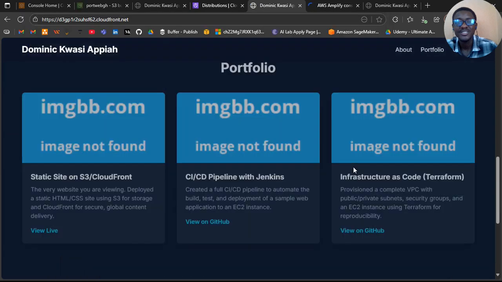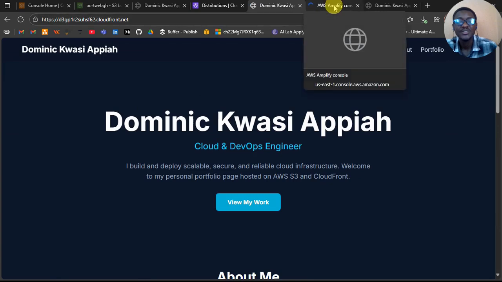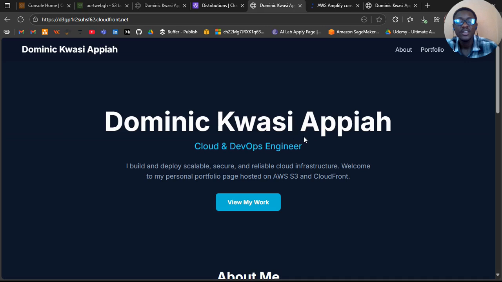At this point, I just want to explore a little bit of Amplify and see how we can actually host. So AWS actually recommends that if you are hosting a static website, like this portfolio website, they recommend using Amplify. So let's see what's so special about Amplify compared to uploading to S3 and then enabling static website. Because if you come to